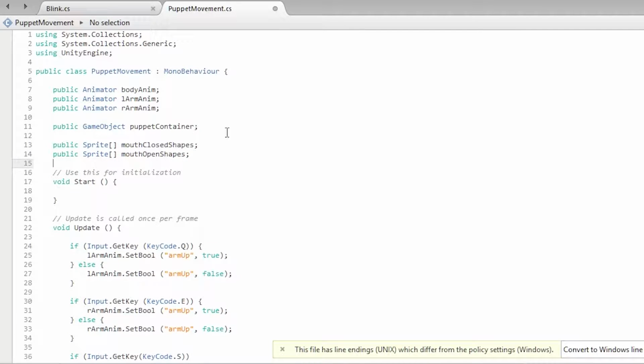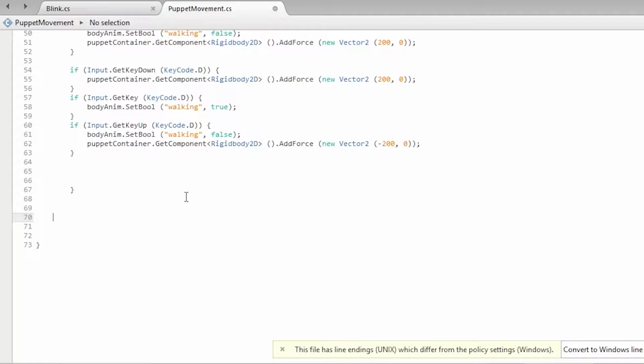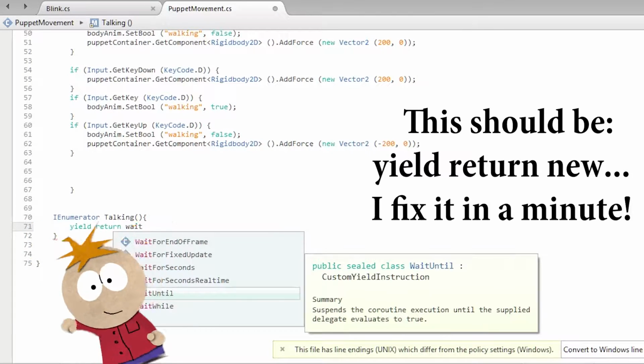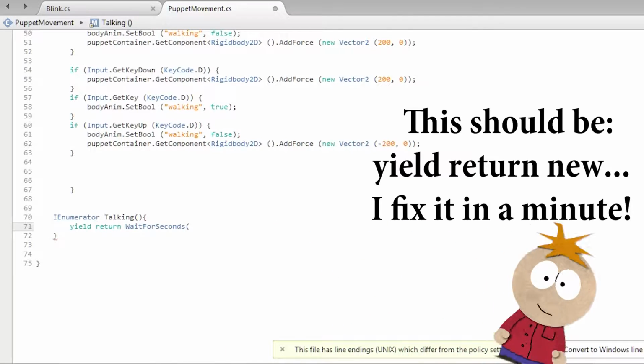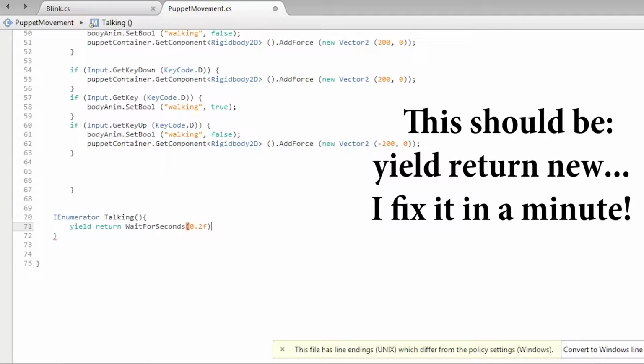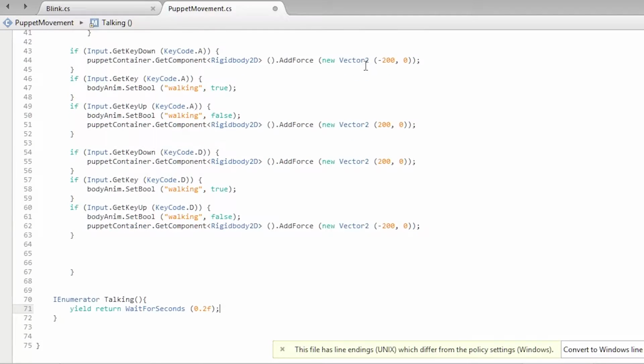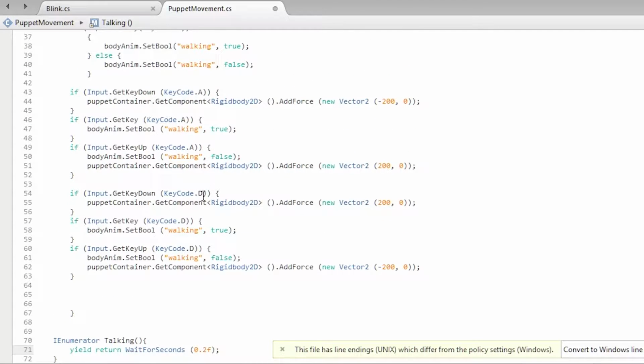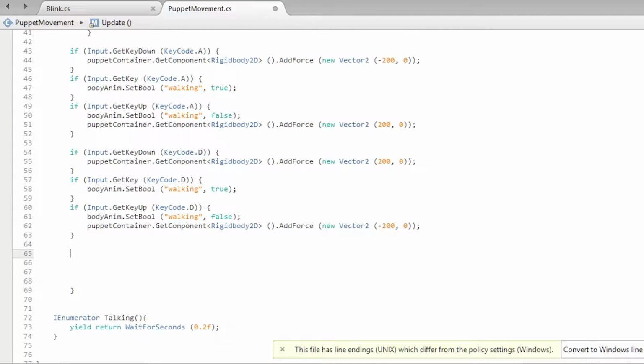Whilst the sprite animations are cycling, there does need to be a short gap between the depiction of each sprite. So in order to create that delay, I'm going to make another enumerator, and I'm going to call this one talking. And it's going to yield return wait for seconds 0.2f, so for 0.2 seconds. Then I'm going to create a button to start playing the speech animation, and that button's going to be W. So same as before, if input.getKey